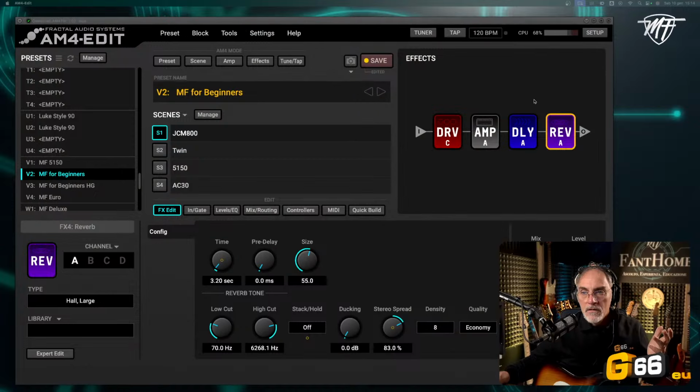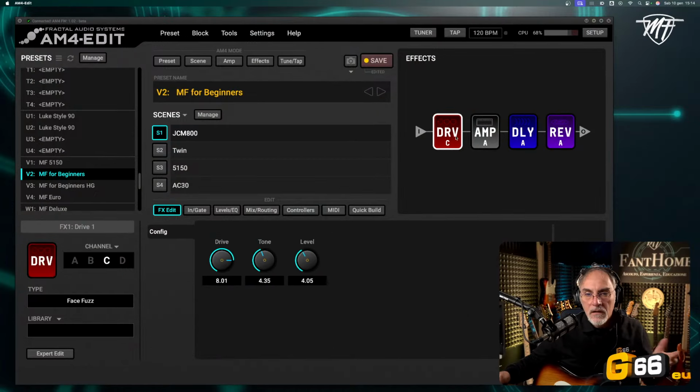My idea is to create the best preset for the amp as I know it. So if I have to create the JCM 800, okay, this is my idea of the JCM 800.